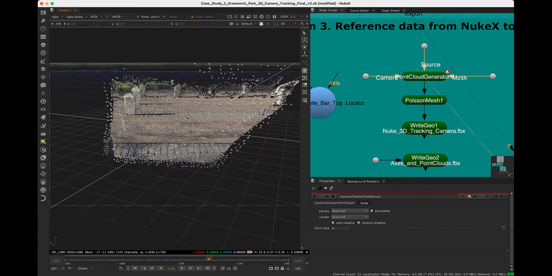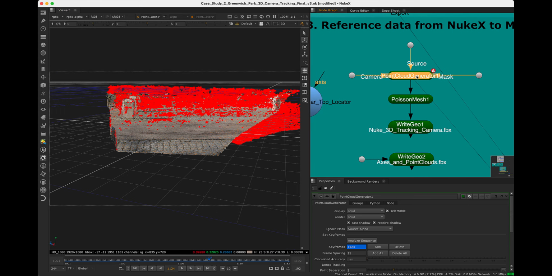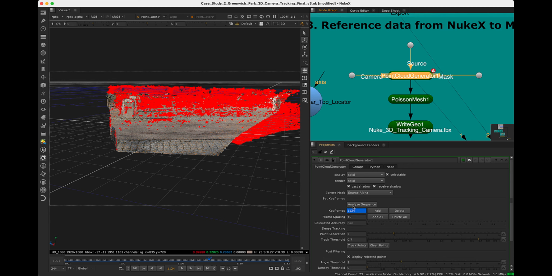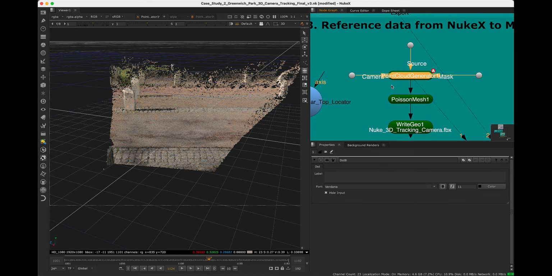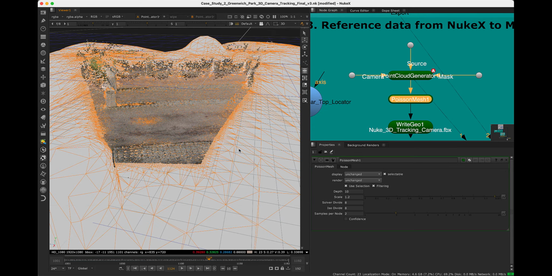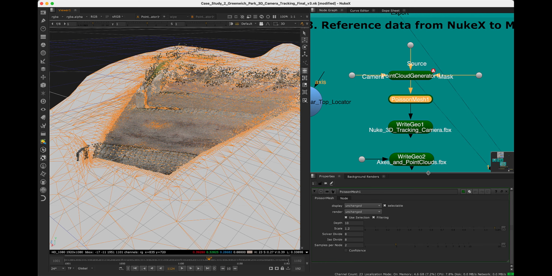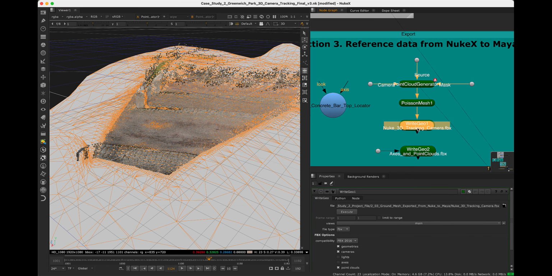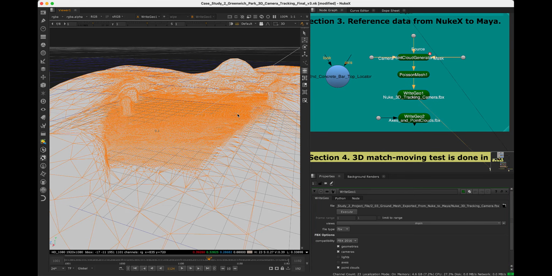That's the concrete bars, and that's the ground. Then for the point cloud generator, analyze sequence, then track points, then eventually we got this result. Then after the point cloud generator, we can generate a mesh of the scene in Nuke. After this, we use the two write geo nodes to write all those components in the scene for further operations